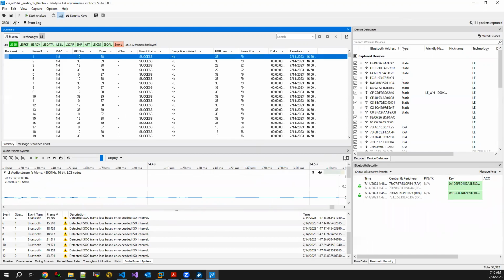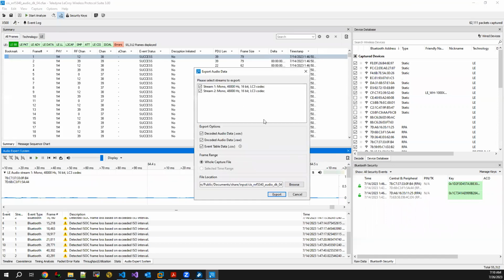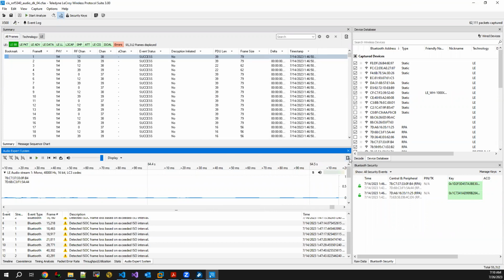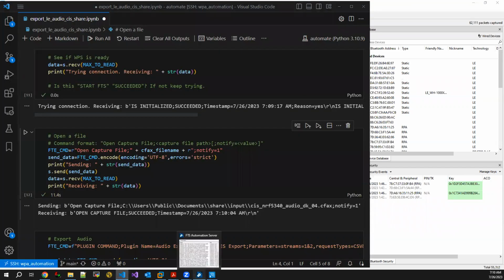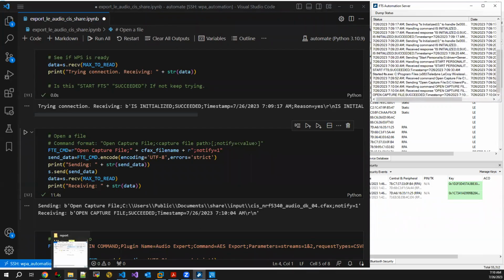Now, if you were using this just as a GUI and not using automation, you could export the data this way as a WAV file or a raw file. If you wanted to do manipulations on it in software, it might be easier to use a raw file. And then this CSV file, this event table, contains all of these events. We're basically going to do this functionality, but through automation. So if we go back to here,